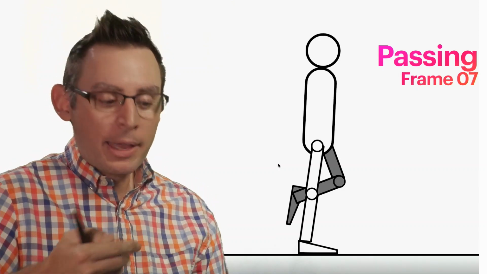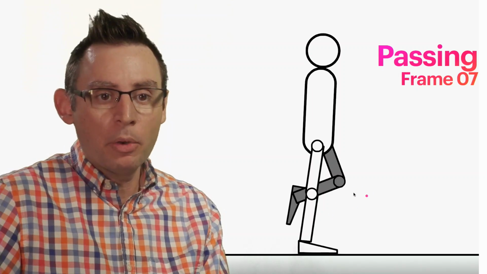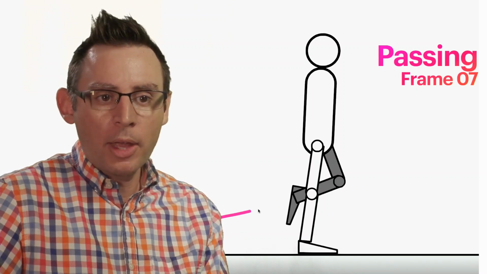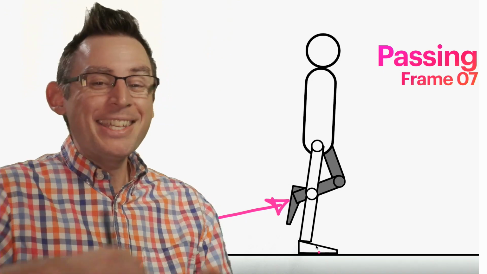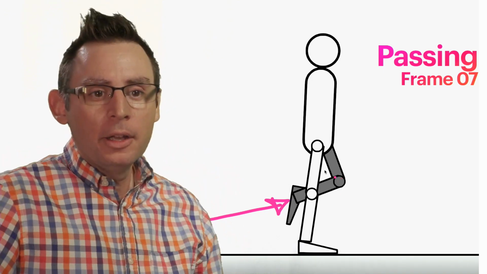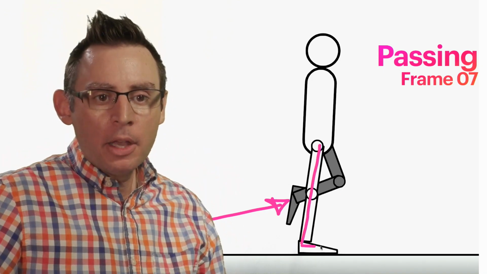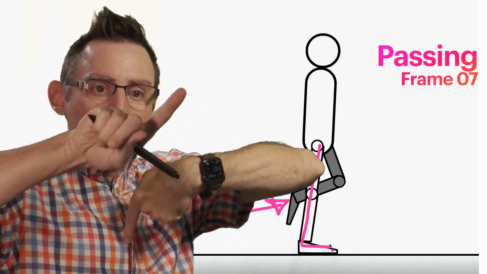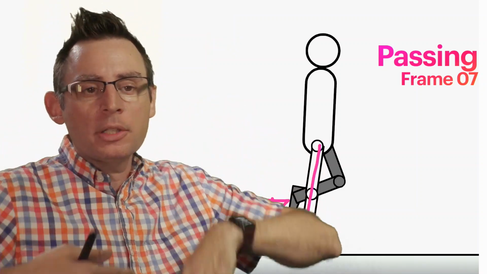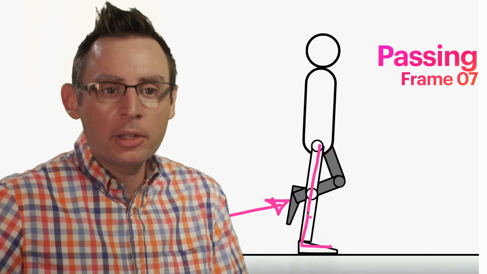This is called the passing pose, and simply it's called the passing pose because what was the back leg, this gray guy, is now passing in front of the anchor leg, this guy. So this is where the feet physically start to swap their locations inside of our movement cycle itself.